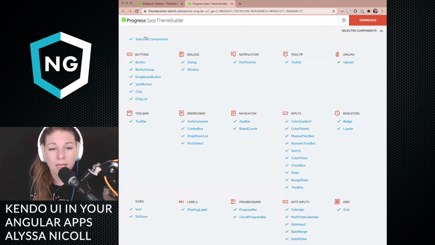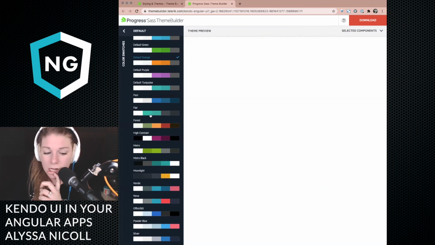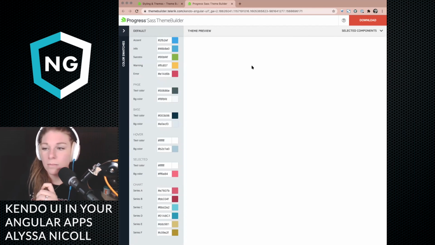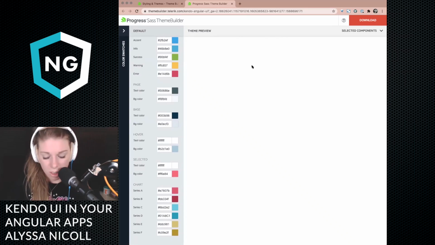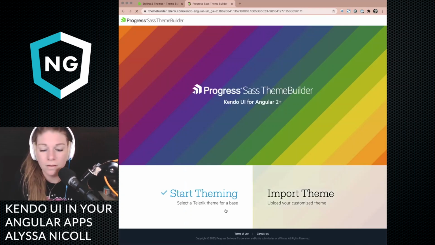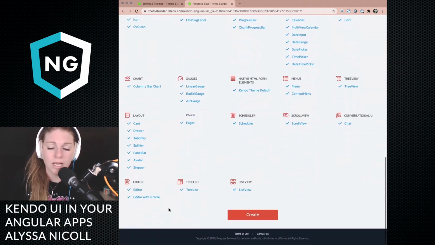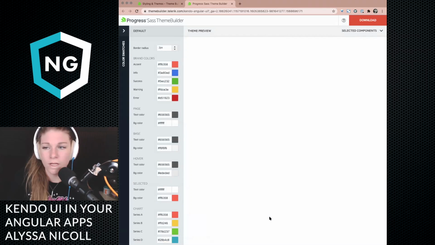I don't know why I'm not getting anything. Let's go with just buttons, yeah. And let's see if they can appear. And then I want to do powder blue because I love how it looks. I might have to hard refresh. I don't know. Well, I'm not seeing anything. Here we go. Hard refresh. I earlier had really strange Chrome issues. My Chrome was crashing and I was like, is this me or is this you, Chrome? So I don't know.